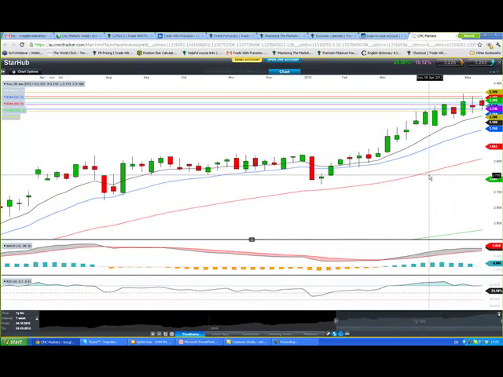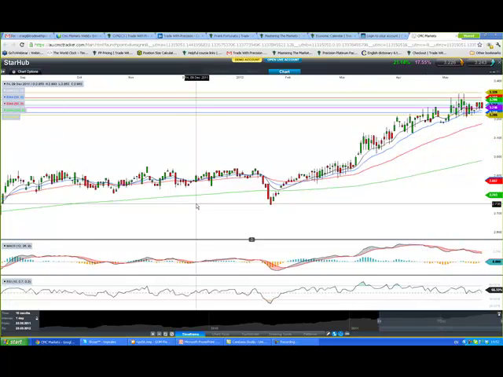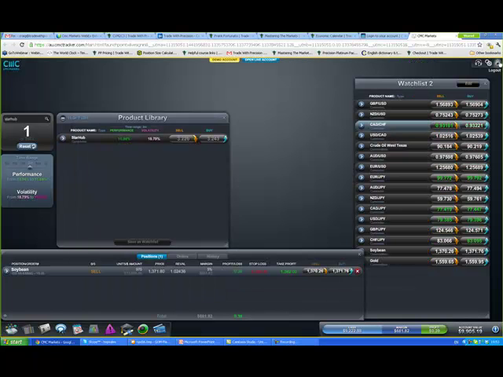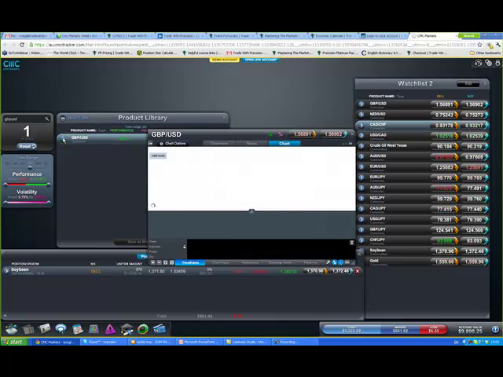I'm not sure what the volumes are, but it doesn't really matter. It doesn't look very pretty. Sounds strange, looking at pretty charts. We're looking to make money. I want a chart that's nice and flowing really nicely, and this one doesn't float my boat. Okay, so what else we got to look at here? I want to come back and have a look at cable. Let's get that up.